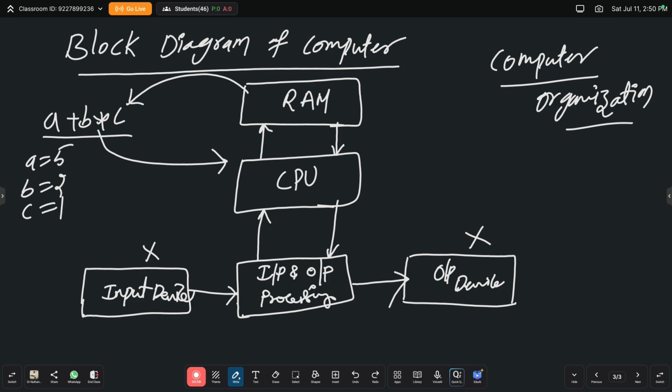Please, all of you note down the definition of computer organization. Computer organization is concerned with the way the hardware components